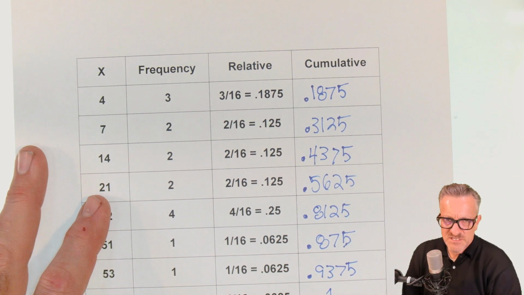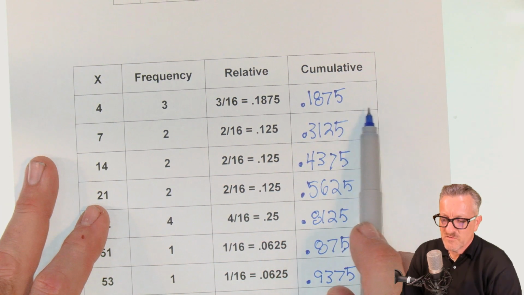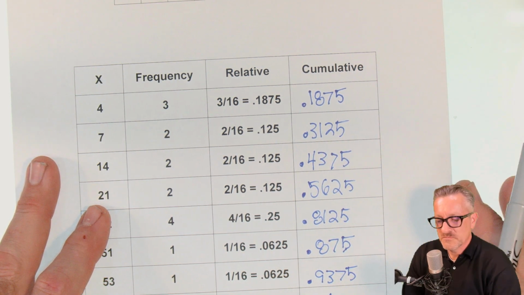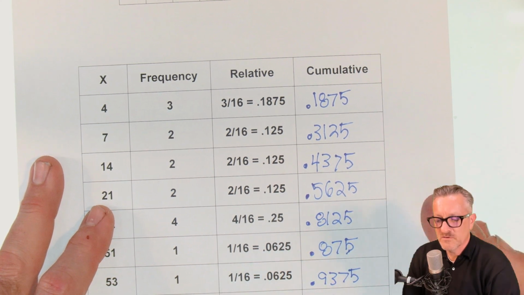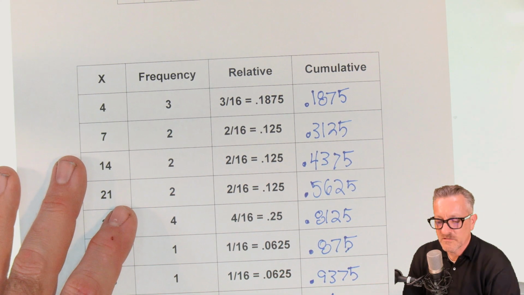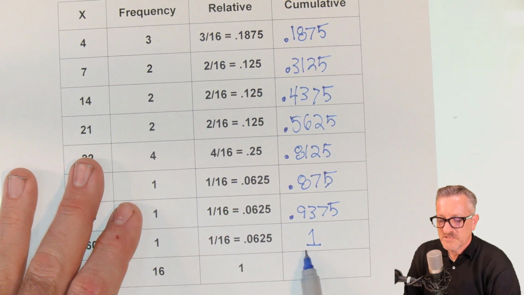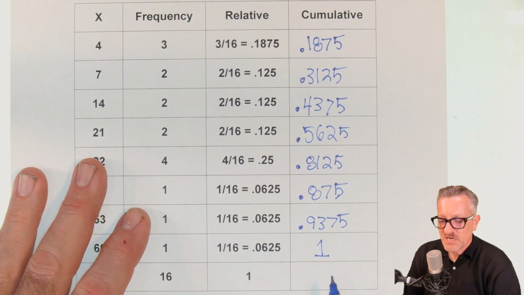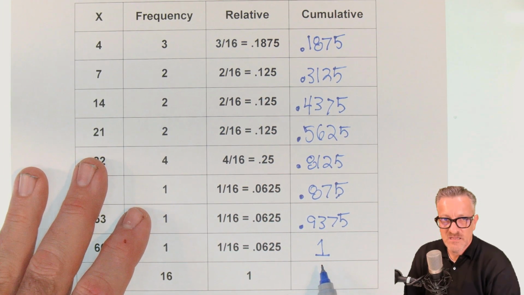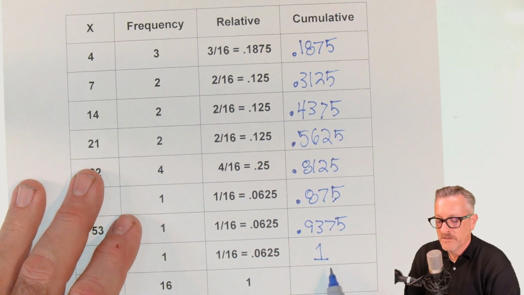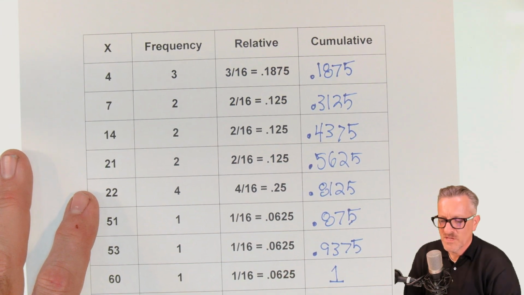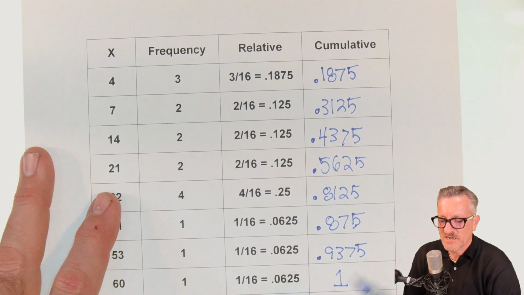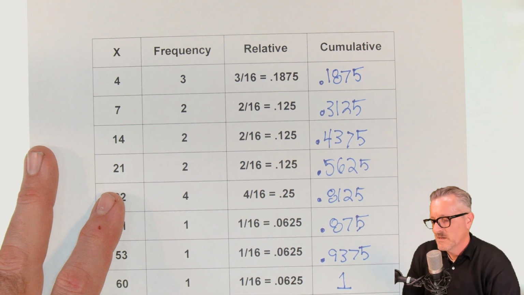I've mentioned in some of the other videos, if you have numbers that go far out, at least go out 4 decimal places. It helps so you don't lose some of the precision in your final calculation. This number right here often is going to be like 0.9987 or something like that. It should not be over 1. If it's over 1, you made a mistake. It'll always be under 1 or 1, but not over. I've had them where you make a mistake, you change some numbers, then you're like, that can't be over 1, and you go back and you find out that you miscounted one of these.